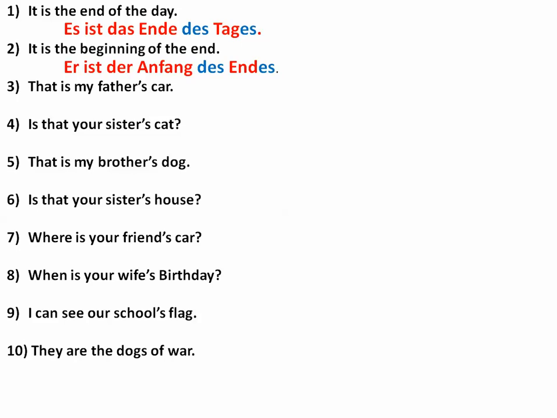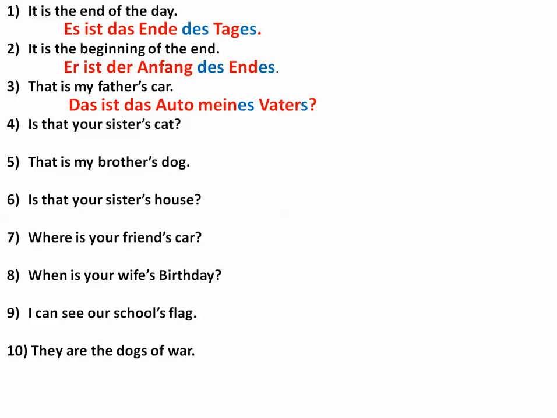That is my father's car, so one way to say this in German: Das ist das Auto meines Vaters. So Vater is two syllables long. It's a masculine noun, so we're just adding an s to it, and we're taking the es and putting it on the possessive pronoun mein.